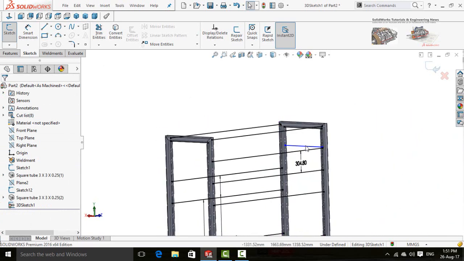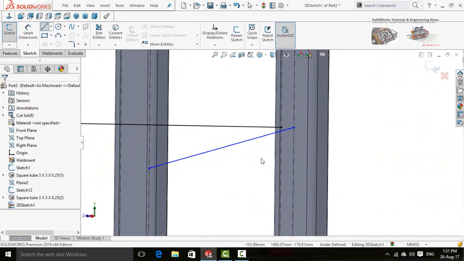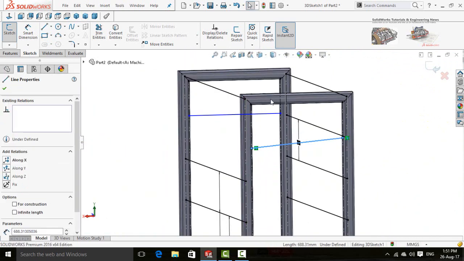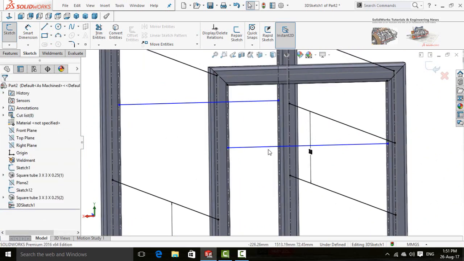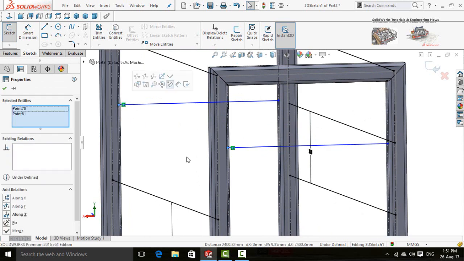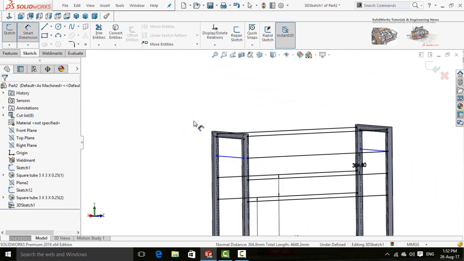Similarly, draw the same line on this side and make relation parallel. Now select both of these points one by one and make relation along z-axis.